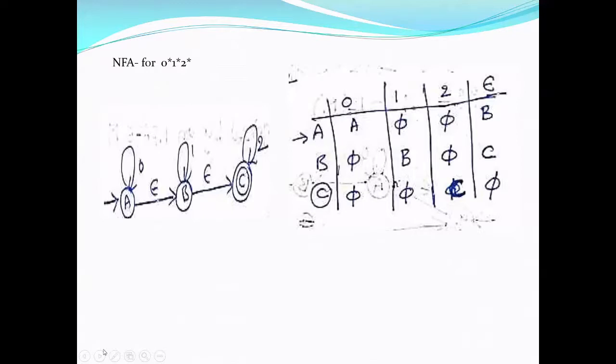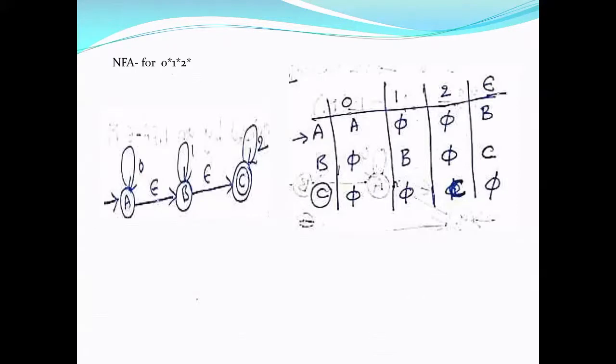In your diagram or on your board, you can see this is the NFA for 0 star, 1 star, 2 star. That is, the strings in this language are any number of zeros followed by any number of ones followed by any number of twos. So this is your NFA epsilon. So how do we process strings, suppose you give some input string for this NFA epsilon and see whether it accepts or not. Working by hand is going to be very difficult because you will get many choices.